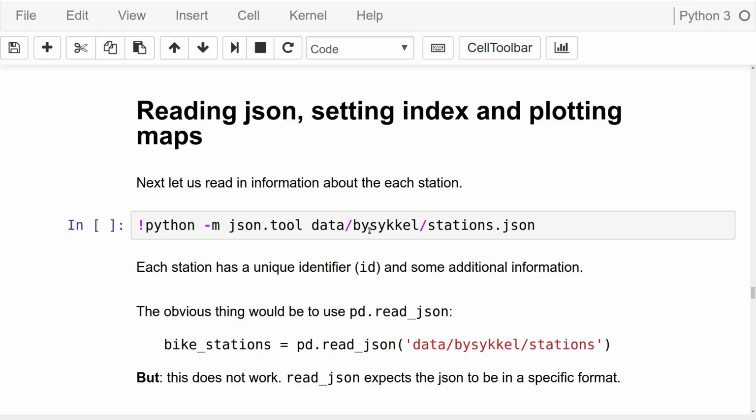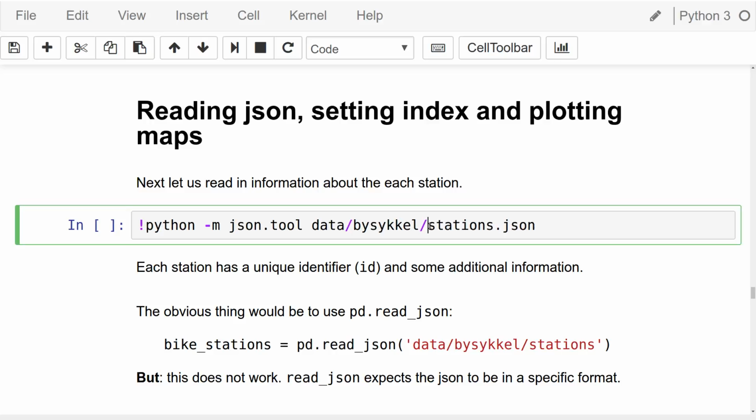So all this was still quite anonymous. All these station IDs, that's not very useful. We need to know what they actually mean. So we need to find information about each station. For each station ID, we need to understand where the station is, and so on. Conveniently, Oslo Bicycle has an API where you can download all the stations and all the information about all the stations. I've done this, and I've downloaded it as a JSON object and stored it in this data